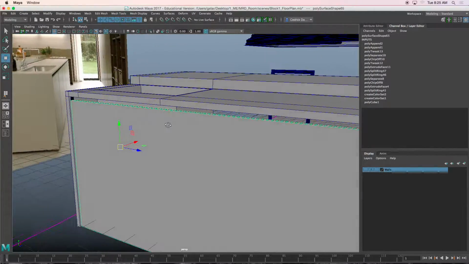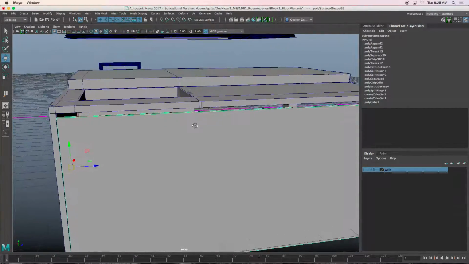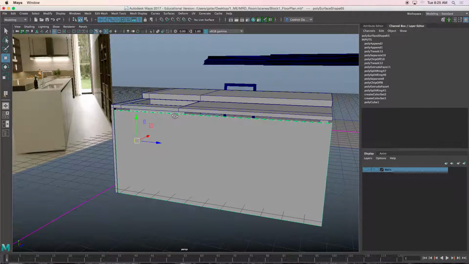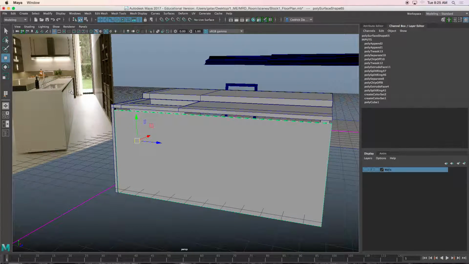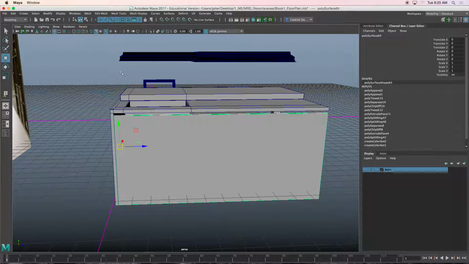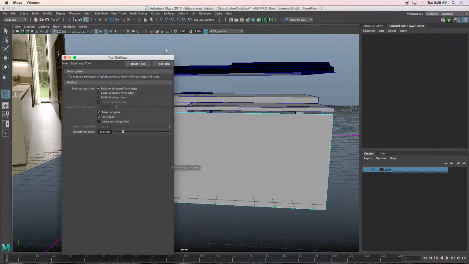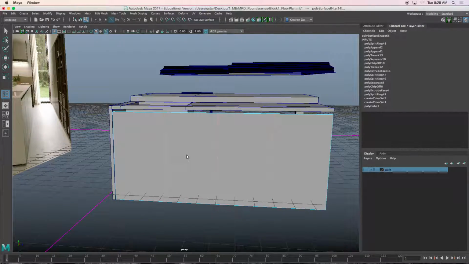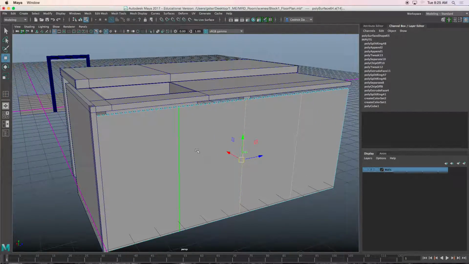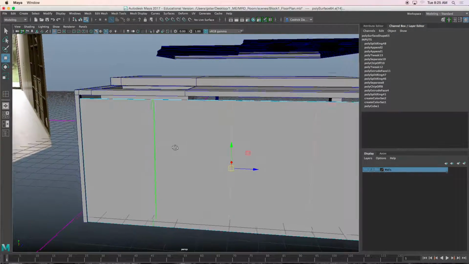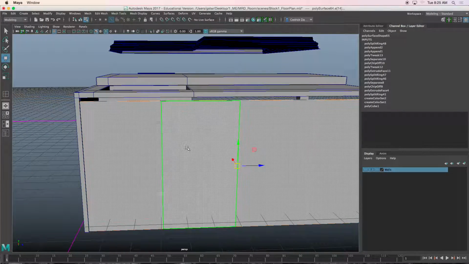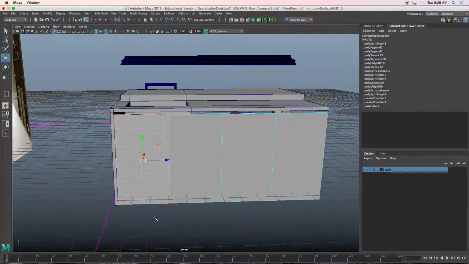Okay, now the next thing that we need to do is use our Insert Edge Loop tool. So I'm going to create 1, 2, 3 lines on here. I'll go to Mesh Tools, Insert Edge Loop Tool option box, multiple edge loops, and I'll change the number of edge loops to be a value of 3, and I'll click there. Here we go. So now I'm going to select these faces here,